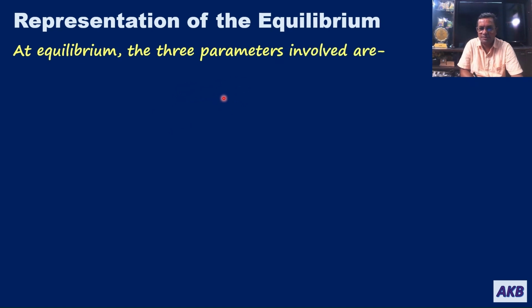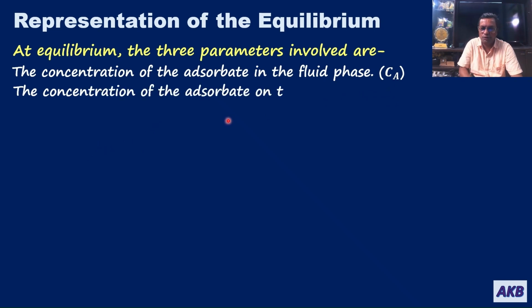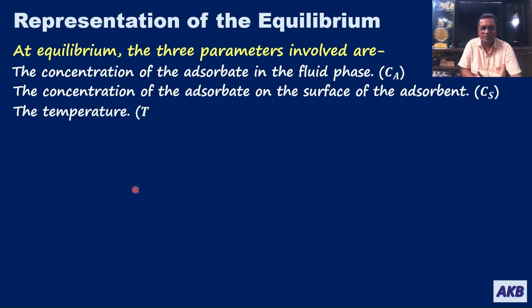three parameters are involved. These three parameters are the concentration of the adsorbate in the fluid phase, which we are calling Ca, and then the concentration of the adsorbate on the surface of the adsorbent, which we are going to denote by Cs, and the temperature. So these are the three parameters that are important when an equilibrium is reached between the fluid phase and the